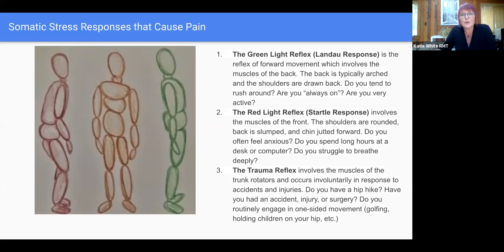The opposite to the green light is the red light, and this is the diagram on the left that is colored red. This one involves the front muscles of the body. So the shoulders become rounded, the back is slumped, and the chin is jutted forward. This can actually be caused by stress and anxiety, they go into that fear response, but it also can be postural or repetitive, from sitting at a desk or driving long hours. And oftentimes when people are stuck in this red light reflex, they are having difficulty breathing